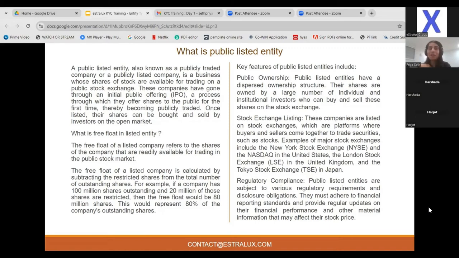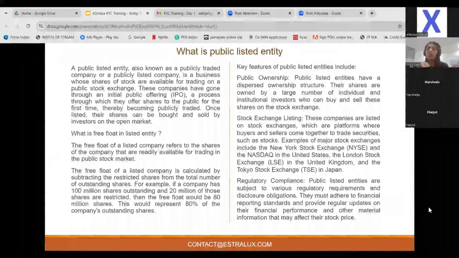The same is the case for regulated entities, to a certain extent, because a regulated entity will also be regulated by a governing body, and it might also have certain things that are readily available. So you don't have to worry about much documentation research, in comparison to a private limited company, where of course documents are kept very private. Is that clear?